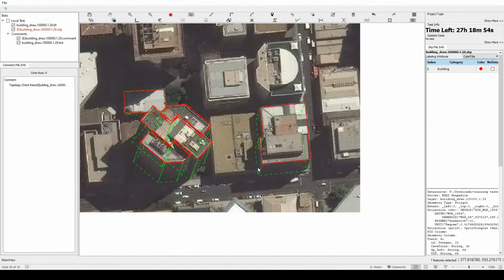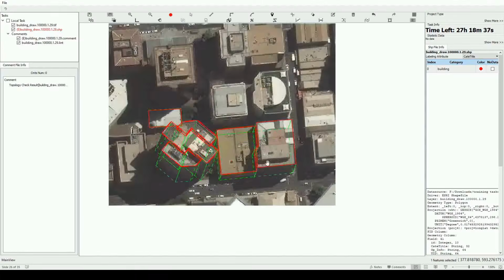Okay, so we use H here. Make sure that it's there on that point, and then F. Okay, so this is one building, this is one building, and this top part we have to draw that too,